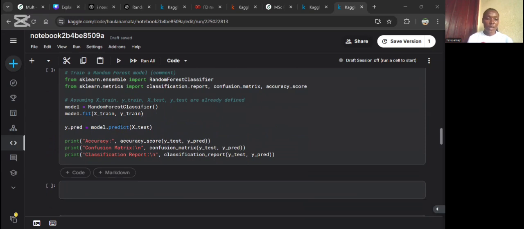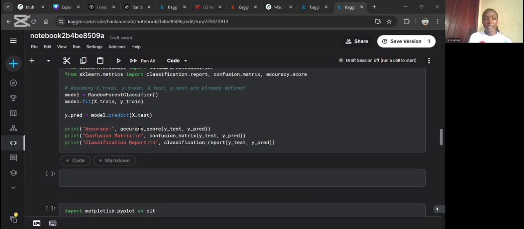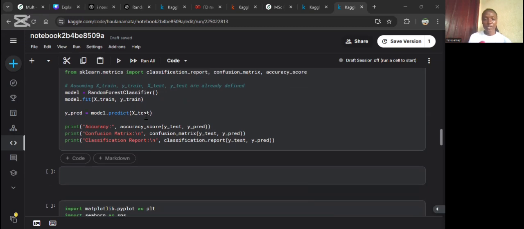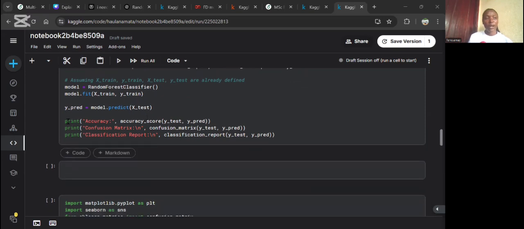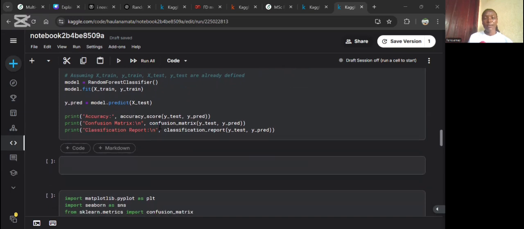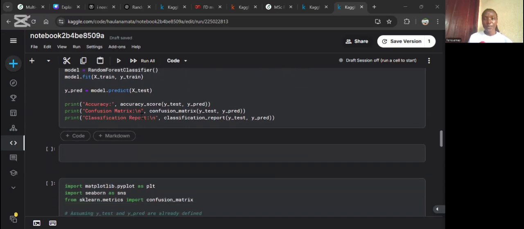Currently, this means that we're able to train it using the clean data that we've recently cleaned and featured well, so that this random forest model is able to learn. We went on and got the prediction using the test data. So we trained using the train data, and then we get the prediction using the test data, and then we go on to print the evaluation of the different